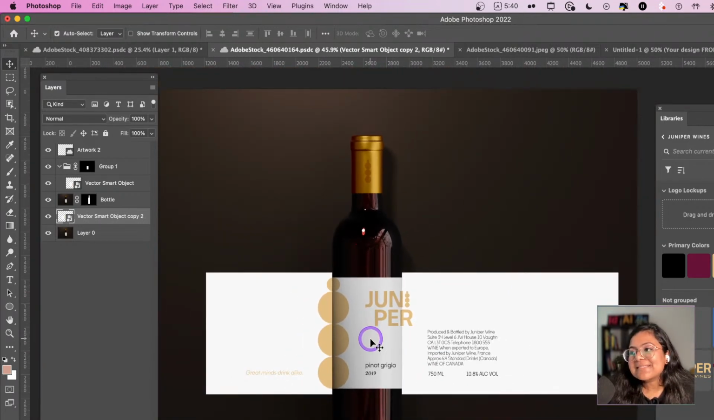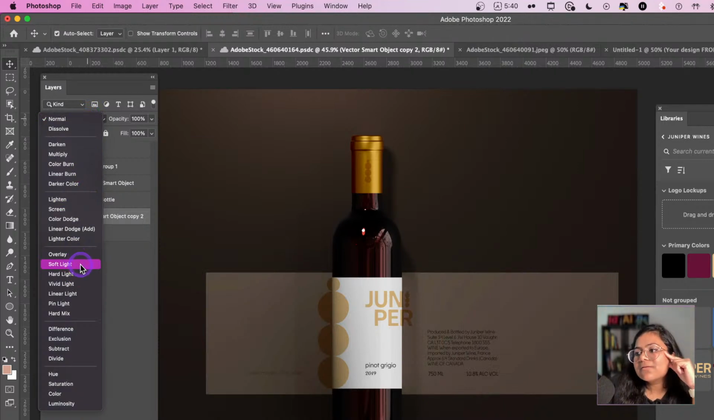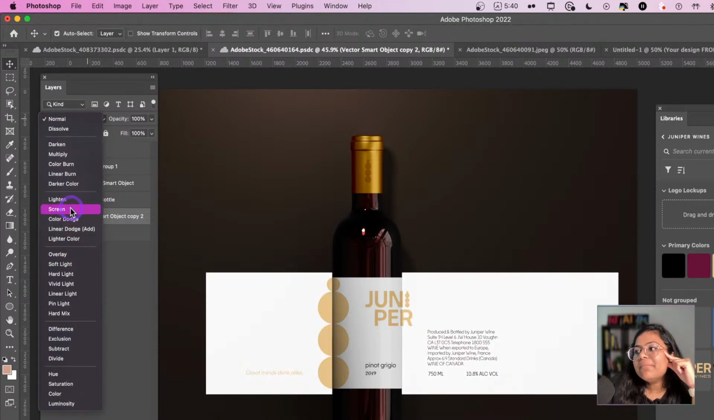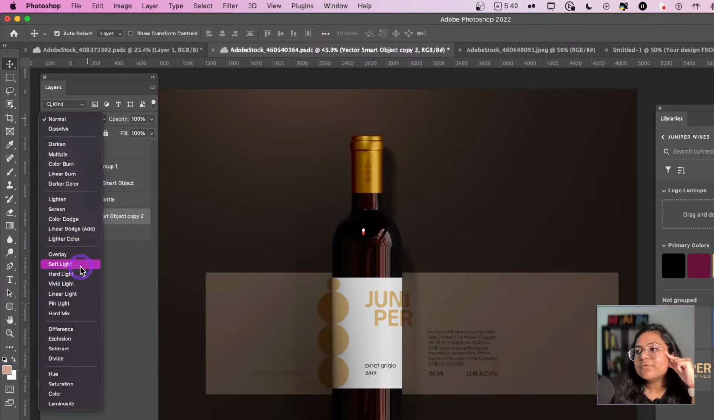But now this is the wine bottle mockup that we chose. It still doesn't look really realistic. So I'm gonna change the blend mode. I think soft light might do it. Soft light still looks like it might be something that I can do. Let's see. I think a soft light should have done that, but